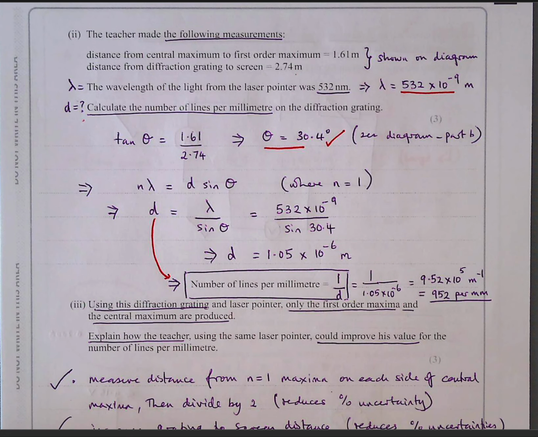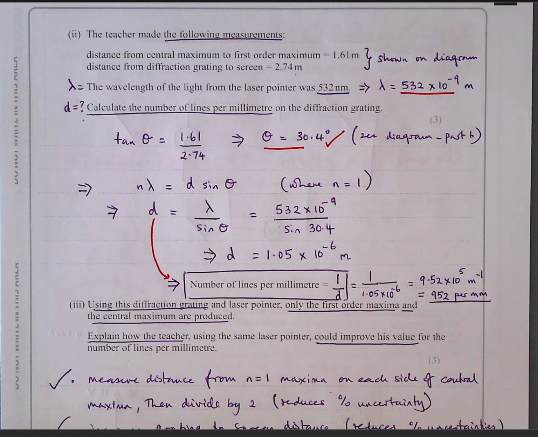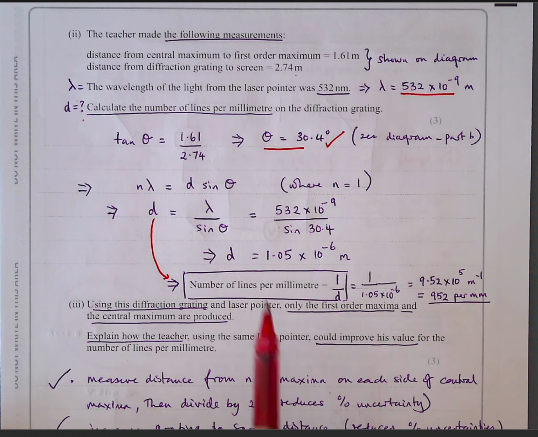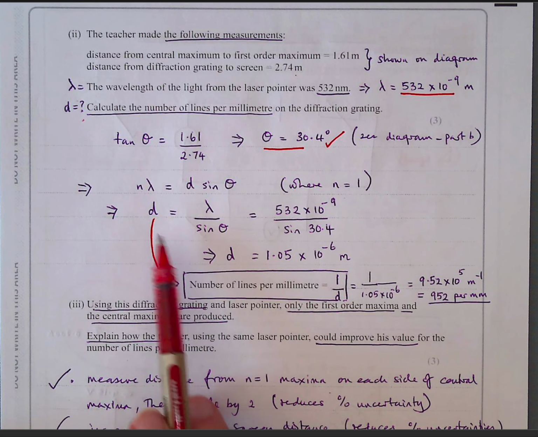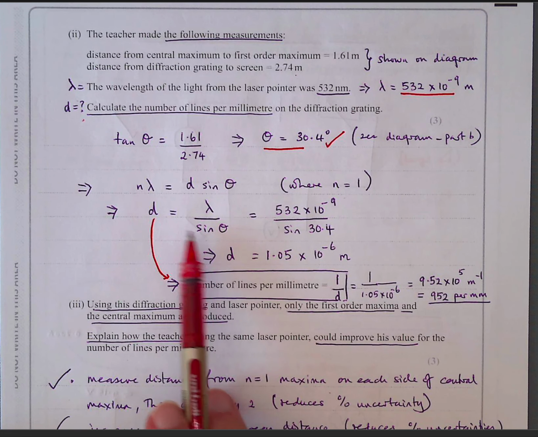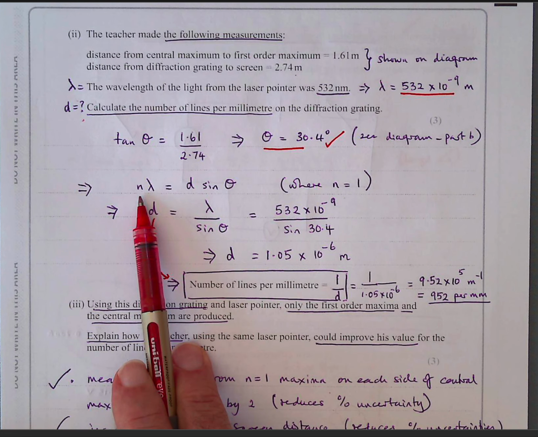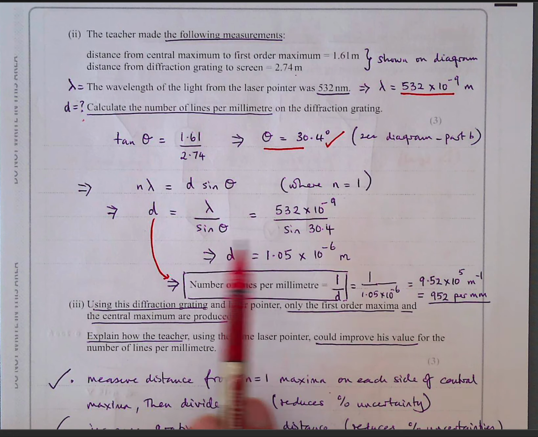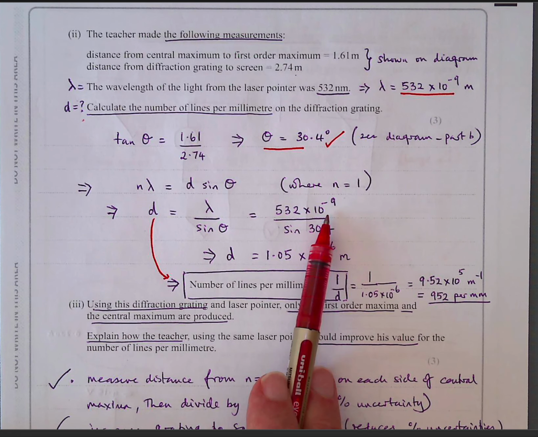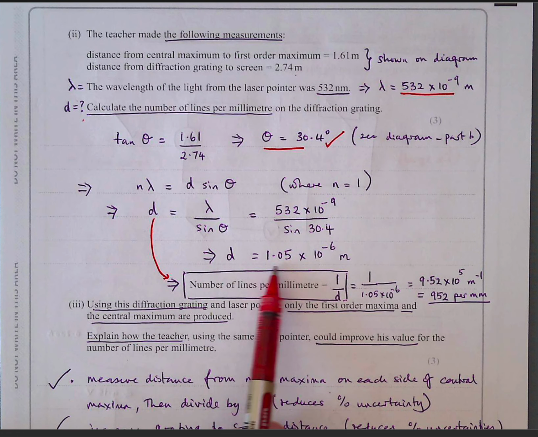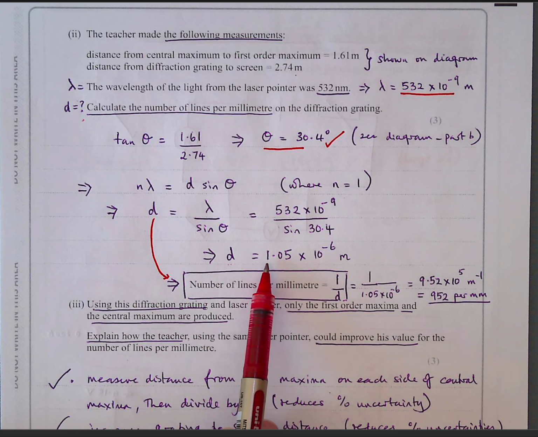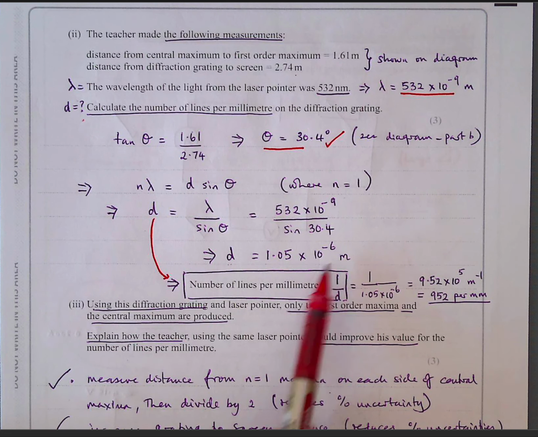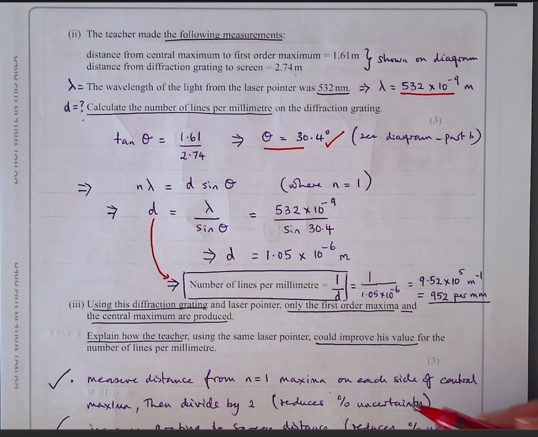So that's one of the things that you need to understand for this core practical. You use tan to work out the angle, then you use sine of that angle to work out the position of the first order maxima. Since n is 1, it disappears. So you divide the wavelength by sine theta, and it comes out to the distance between the slits in the diffraction grating being 1.05 times 10 to the minus 6 meters. You'll probably get a mark for